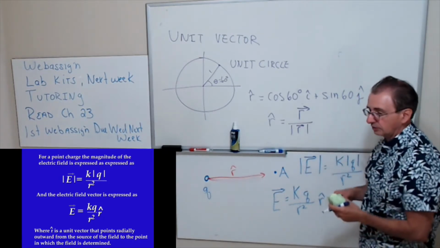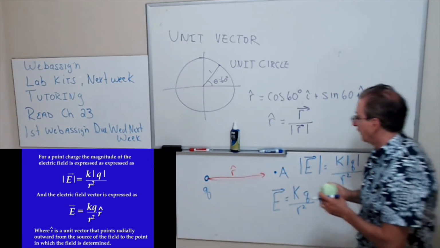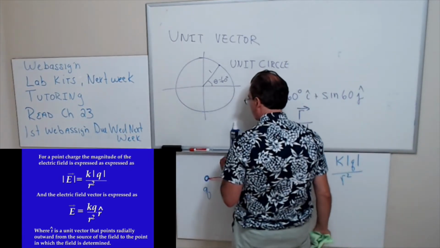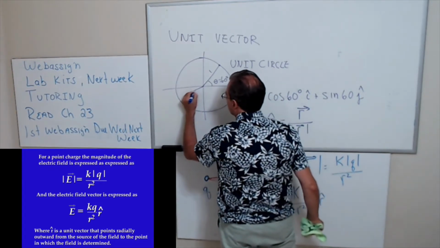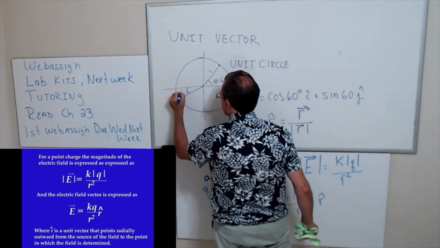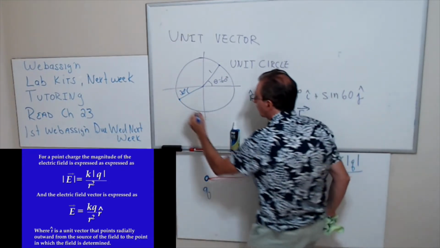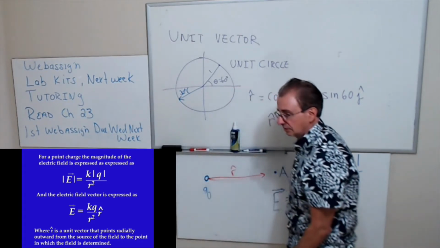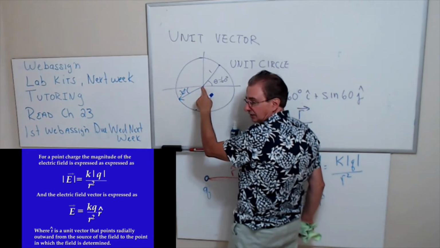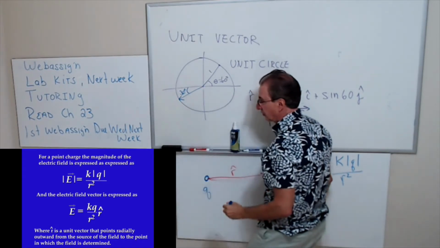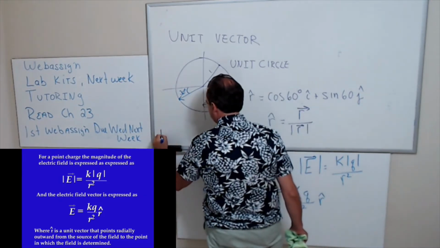You can determine it this way too. But I like looking at it in terms of the unit circle. Okay, so let's say I were over here, and I want to know what this unit vector is. By the way, I was going to determine it by putting its tail at the origin. You see this is in the third quadrant, so the coordinates here are going to be both negative. I can just write the unit vector as,